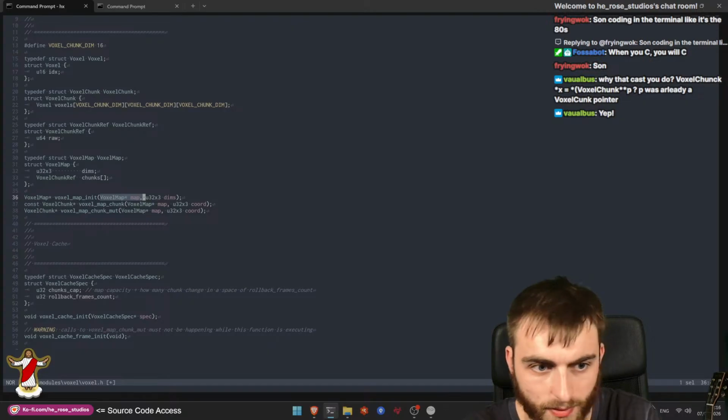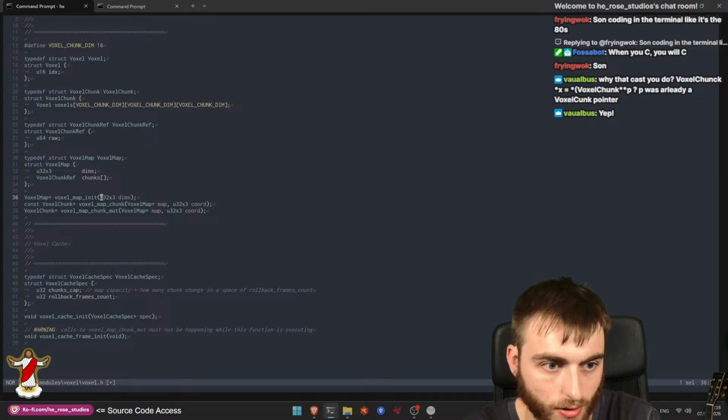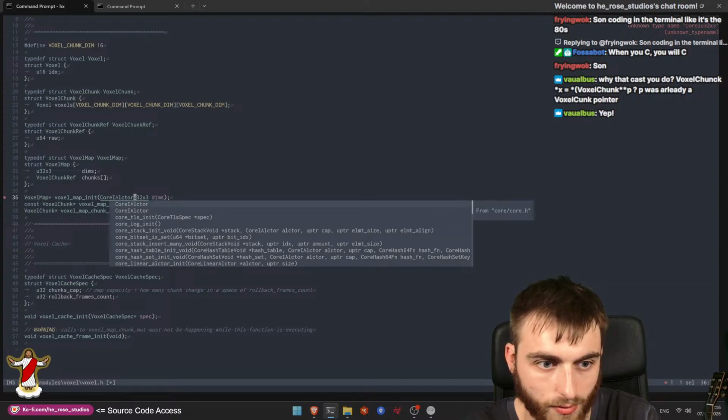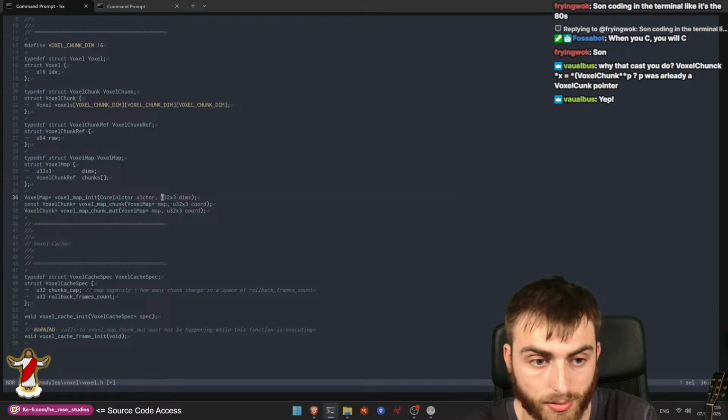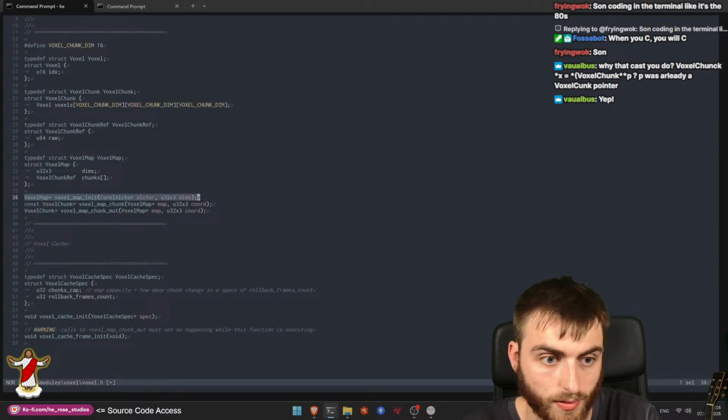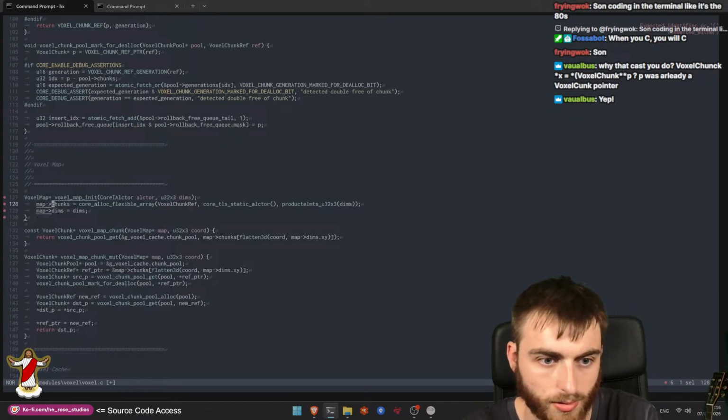Yeah, I think you want to pass in an allocator actually, because I remember the payload has a way to make itself into an allocator interface. So that is super cool. Yeah, so I think we'll do that. So you do something like